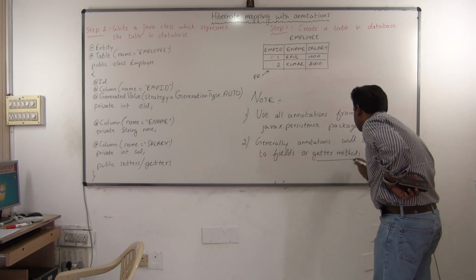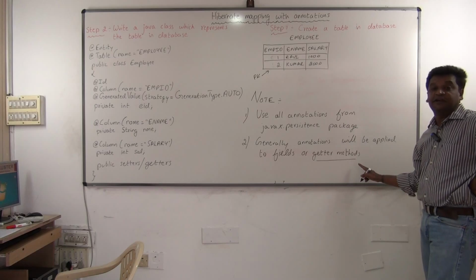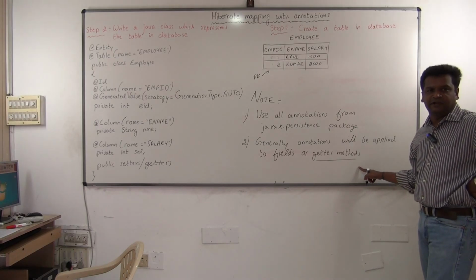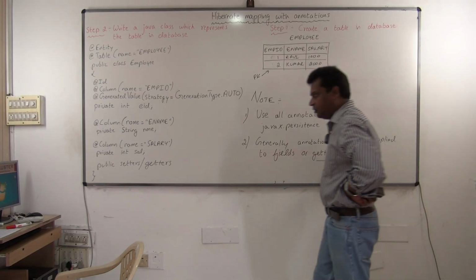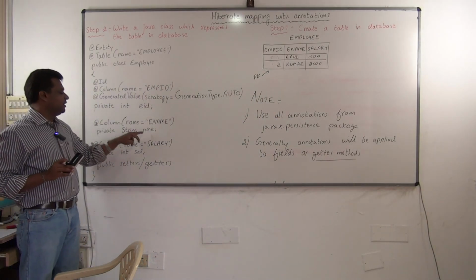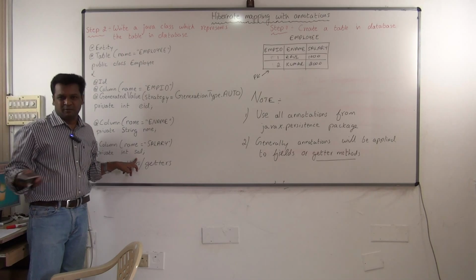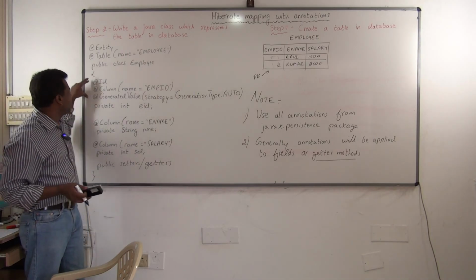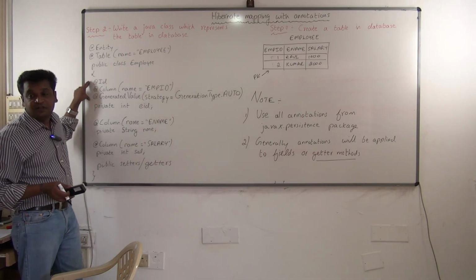And this one is the international standard. Everybody, when they are using the annotation, will be using it on getter methods. What do I mean by that? See, these are the fields: EID, NME, SAL. These are the fields or properties, correct? So you are using the annotations. Whatever annotations you are using now, you are using on the